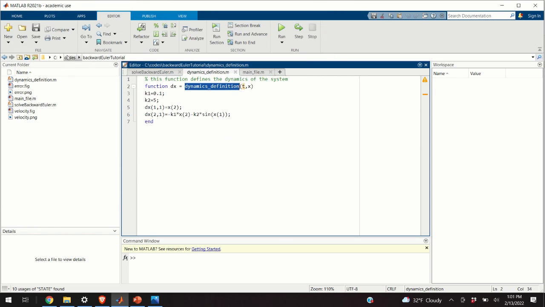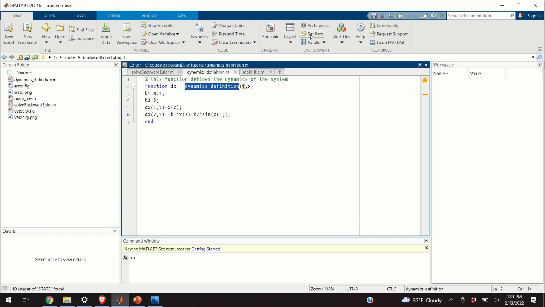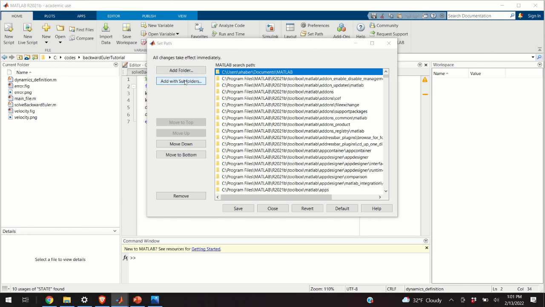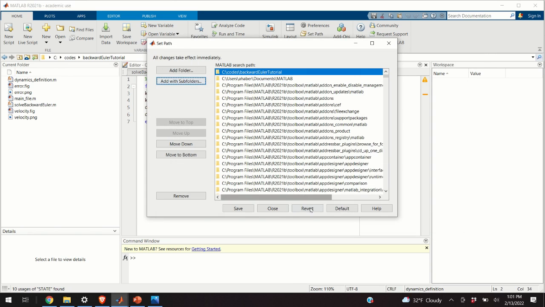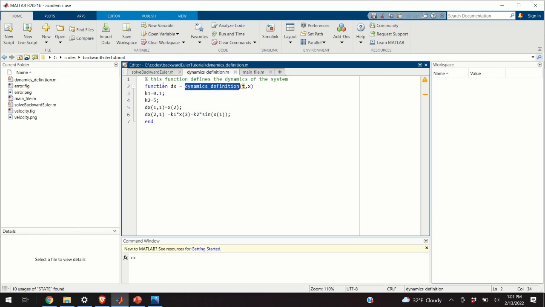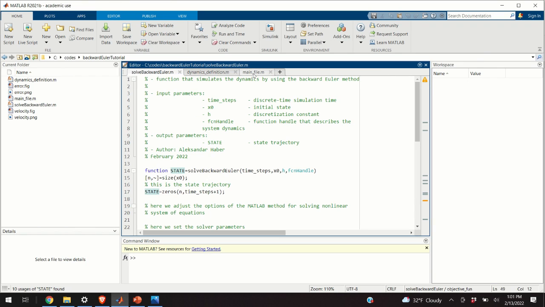And here you have to make sure that the working folder is actually the backward Euler tutorial folder. That is the folder that stores these two functions. Another option is to specify in the MATLAB path the backward Euler folder, because you will have to call these two functions from another function, from our main